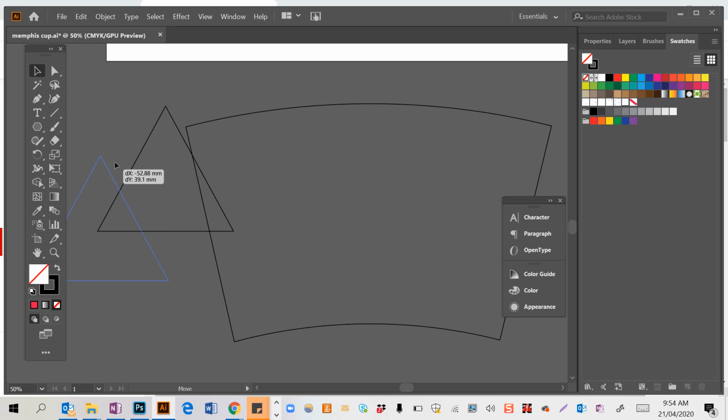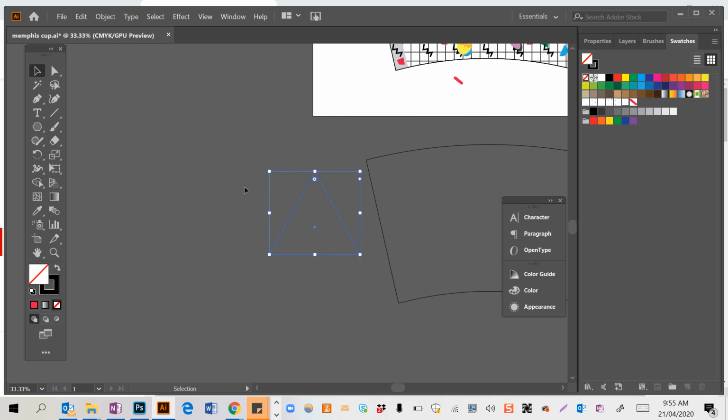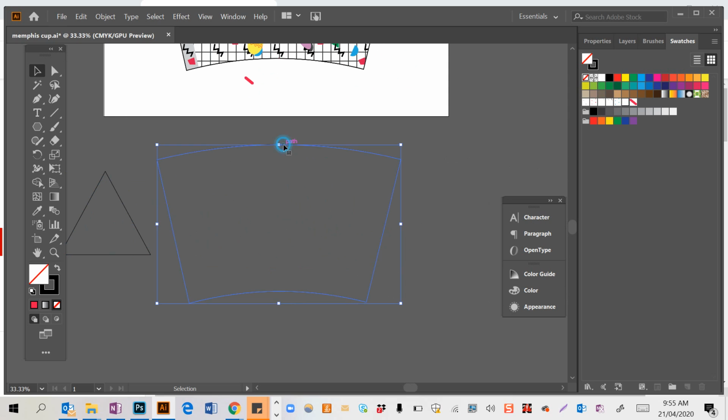I'll show you how to do that. If we want the pill shape or the pattern to be in part of this, so not the whole of it, whoops, you can slice it. So to slice it, just with your pen tool or the line segment tool, if you just want it to be, say, in this part,